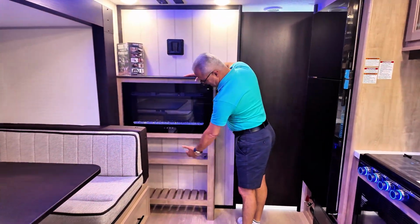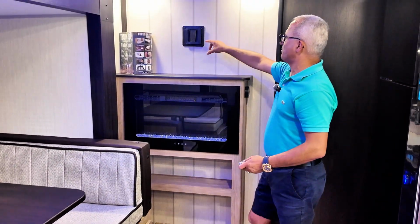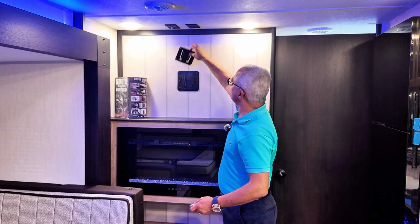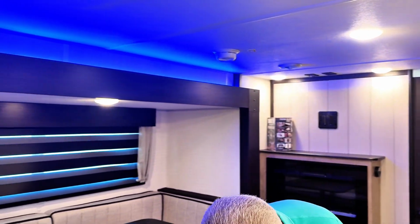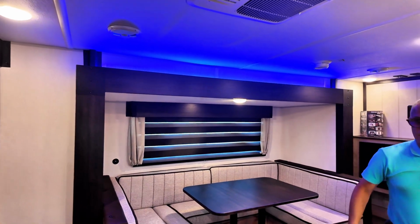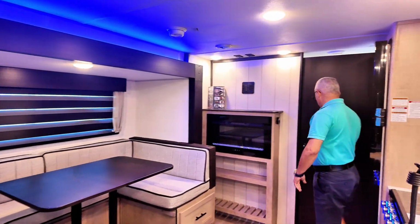Fireplace, nice interthermal centers. Here's the remote control for it, and here's the bracket for your TV. You put your TV plugged in, everything's done. I love the blue LED behind the slide out. Full privacy as you see in the unit. Now let's go through